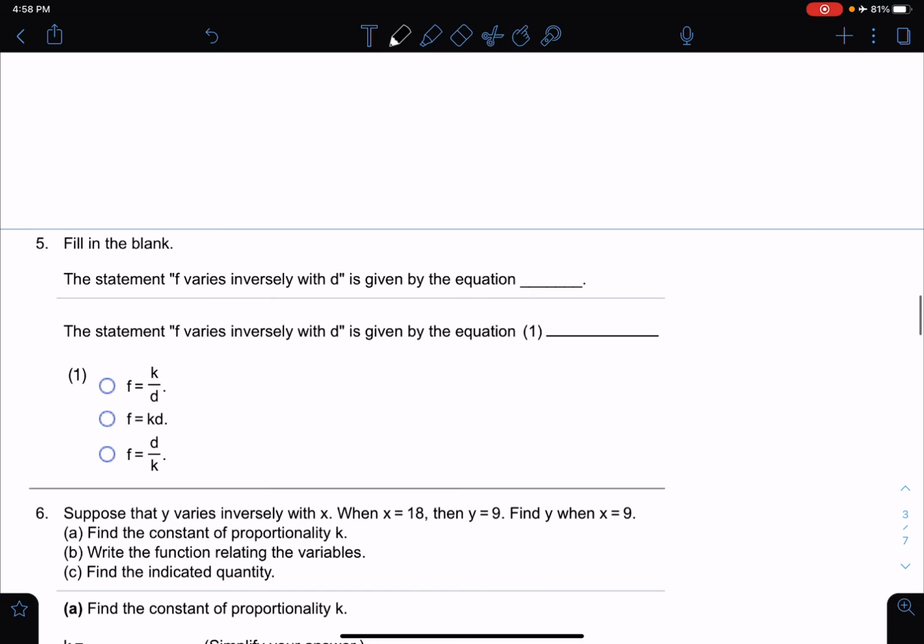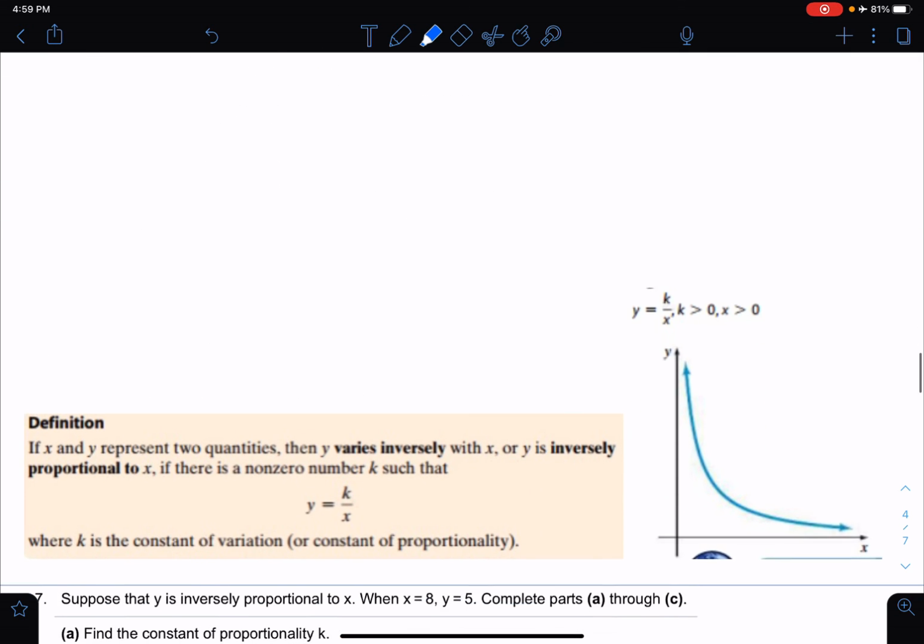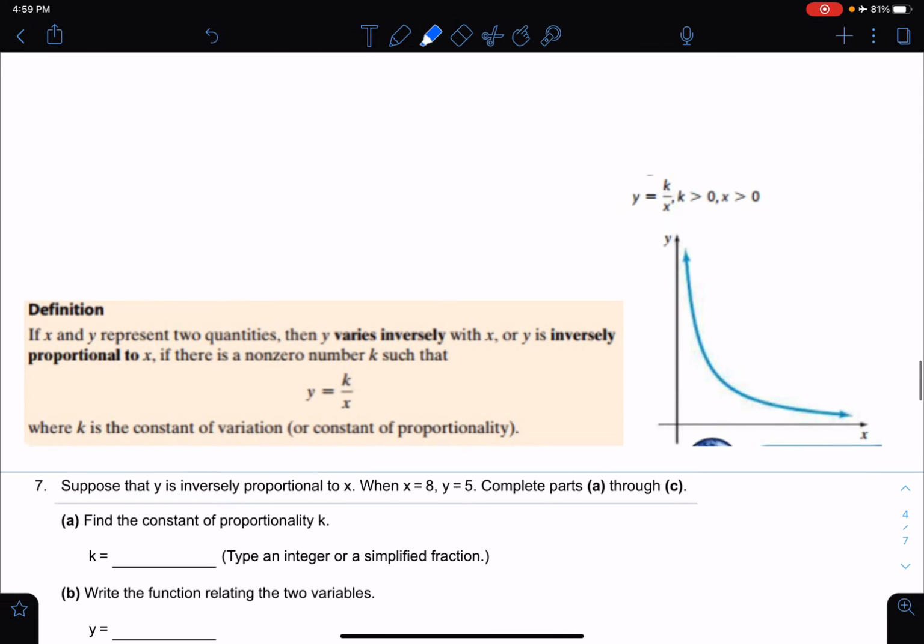Now we've got, fill in the blank, a nice little statement. It says the statement F varies inversely. What? That is not the same catchphrase as we had before. F varies inversely with D. Well, okay, this is something different. Here it is right here. It says,